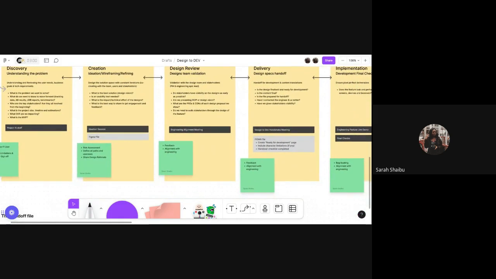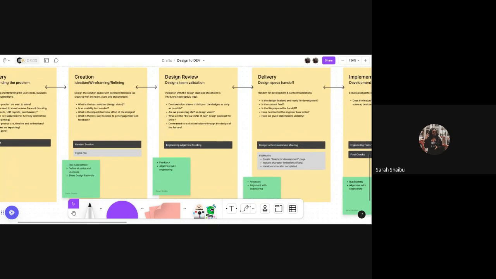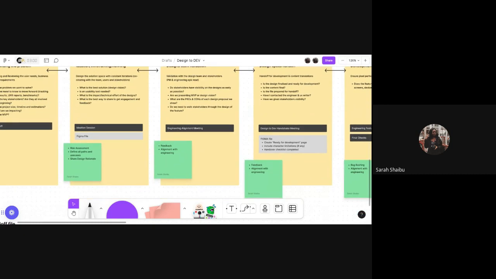The third place that I see us collaborating with developers a lot is the final design. So in the final designs, when I'm actually trying to seek final checks, final validation with the design team and stakeholders, engineers are very, very important here because they give me feedback. They say, yes, we've seen these designs from low fidelity, we've seen it from mid fidelity, now we're seeing it in high fidelity, and we're completely aligned.